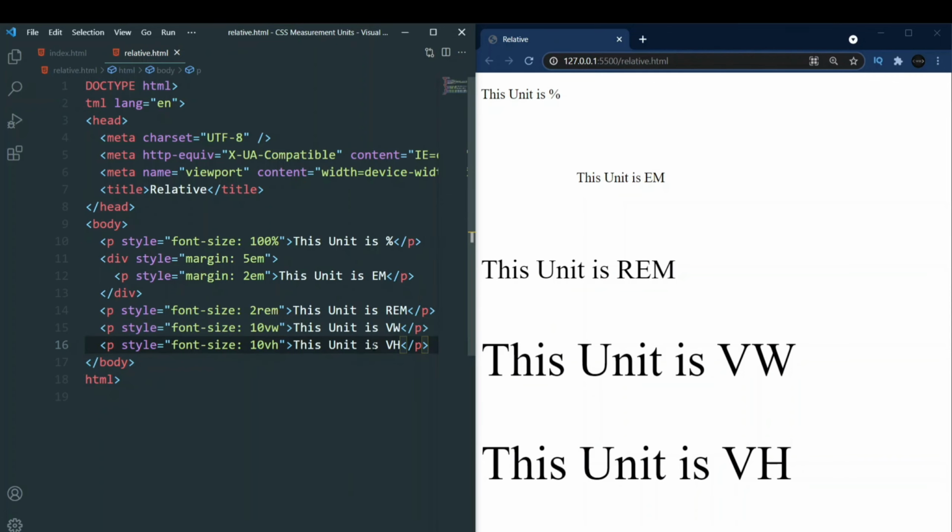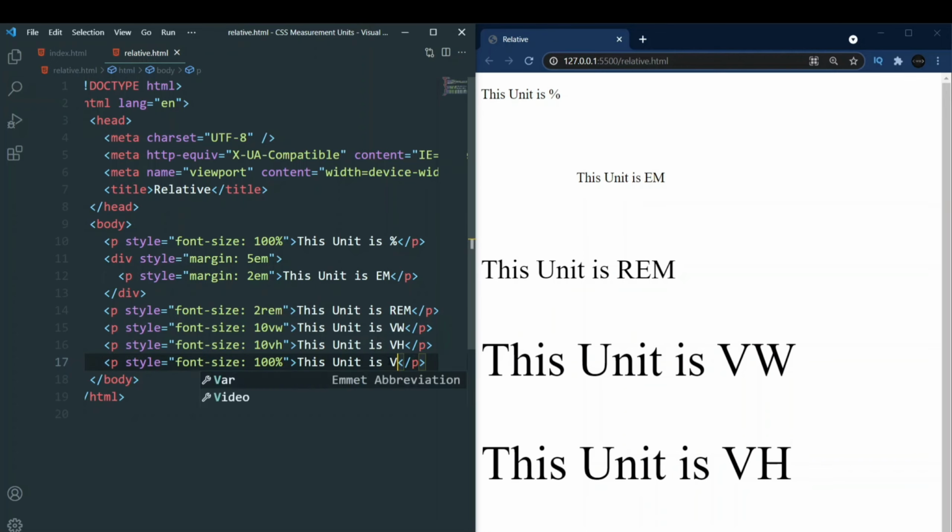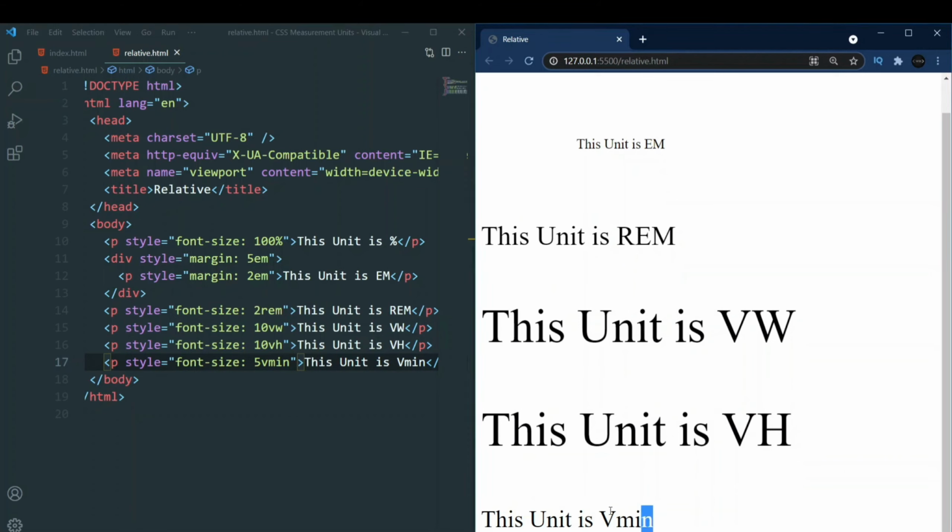Now the next one that we have is vmin. So let's see what vmin is. We just remove this, we'll write vmin and change it to, let's say, 5 vmin. Okay, this is 5 vmin.